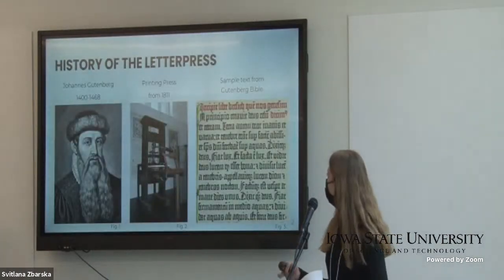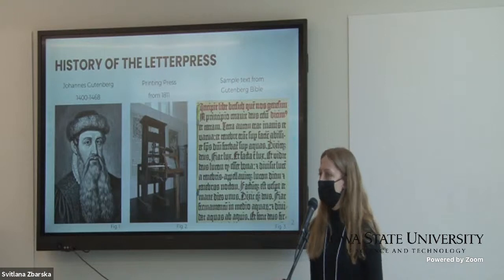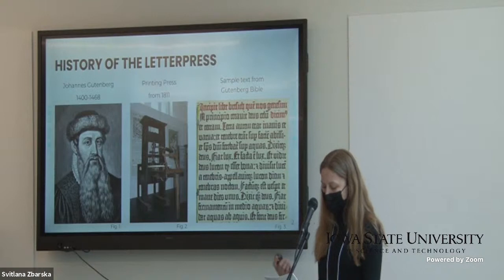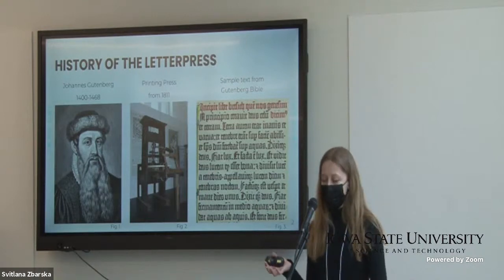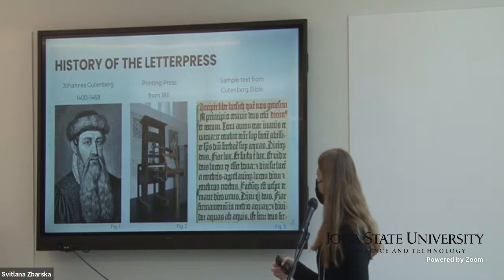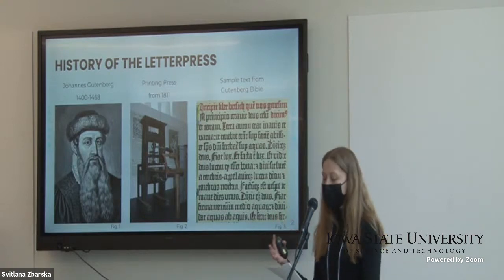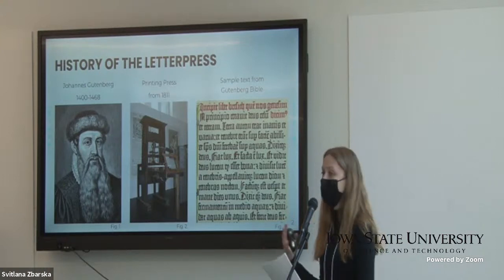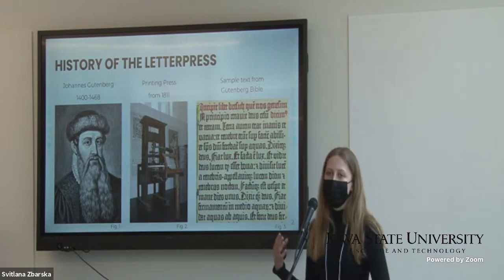So before I dive into our research, I'm just going to give you a quick history of the letterpress printer, and it will include some important terminology that I will be using throughout this presentation. So the letterpress printer most notably gained momentum in the mid-15th century when a German inventor by the name of Johannes Gutenberg, shown up there on the slide, introduced movable type on the letterpress in Europe, which drastically changed the efficiency of the printing process, ultimately making the mass production of books and other printed material possible.